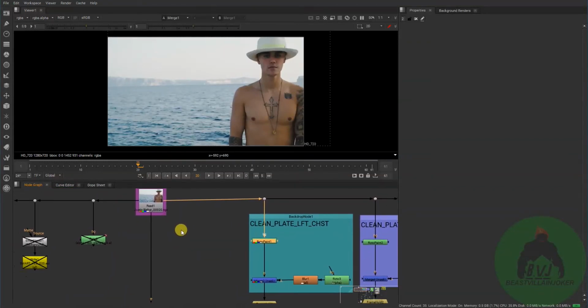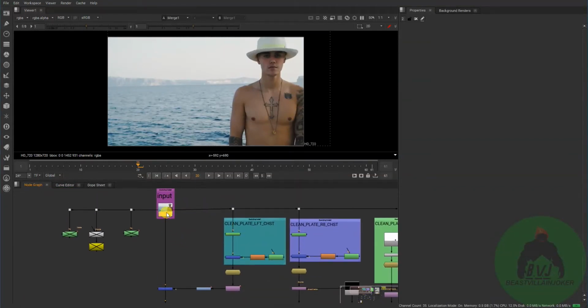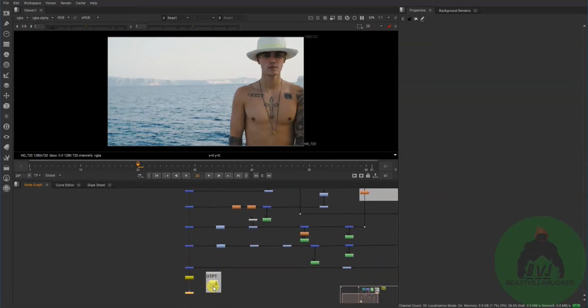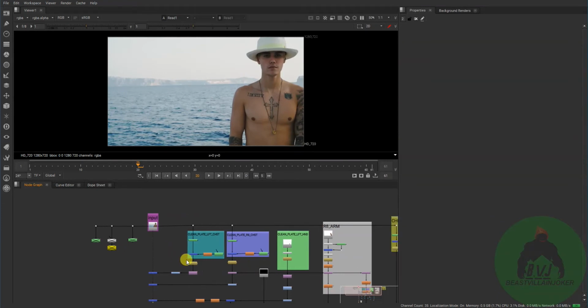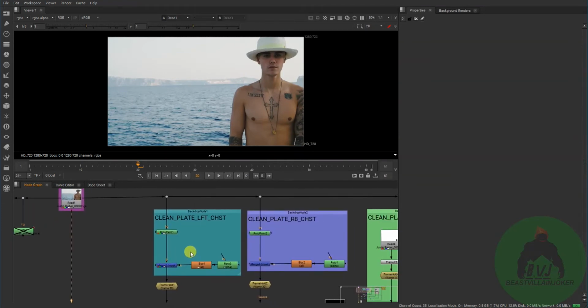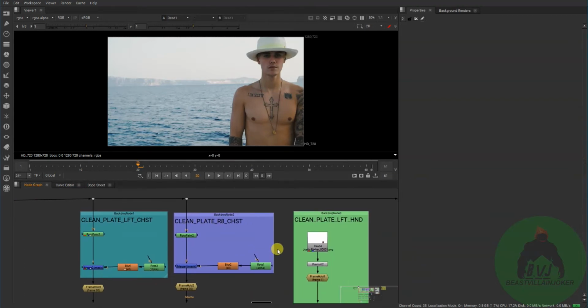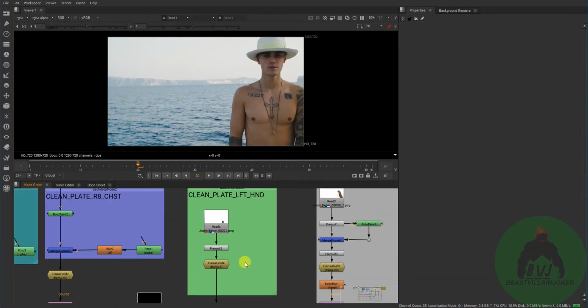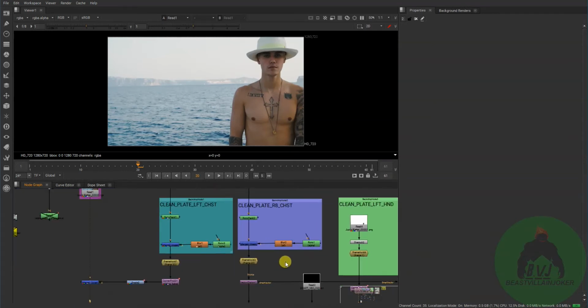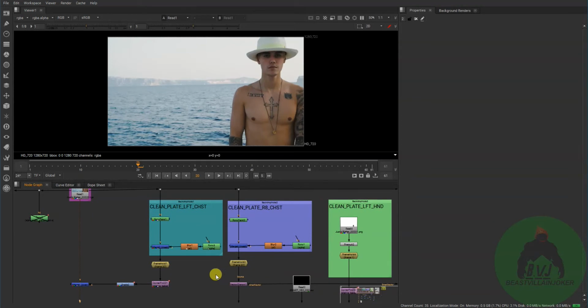So here I am showing you a clean plate making of this to this. In this clean plate making, I have used several techniques, like making the clean plate in Nuke, making the clean plate in Photoshop and projecting it in Nuke, and use of the Smart Vector node. And I have used the techniques in a mixed way, just like I have used the tracking information and the Rotopaint node tracking information and the clean plate from Photoshop, and the Smart Vector node and the clean plate from Photoshop, or the Rotopaint node information.